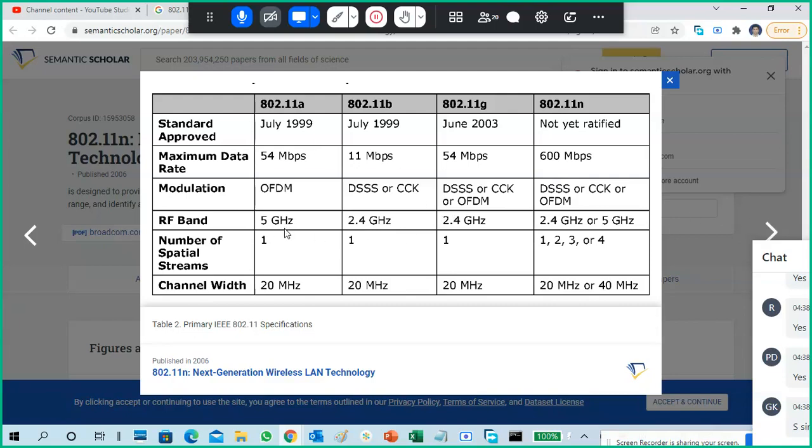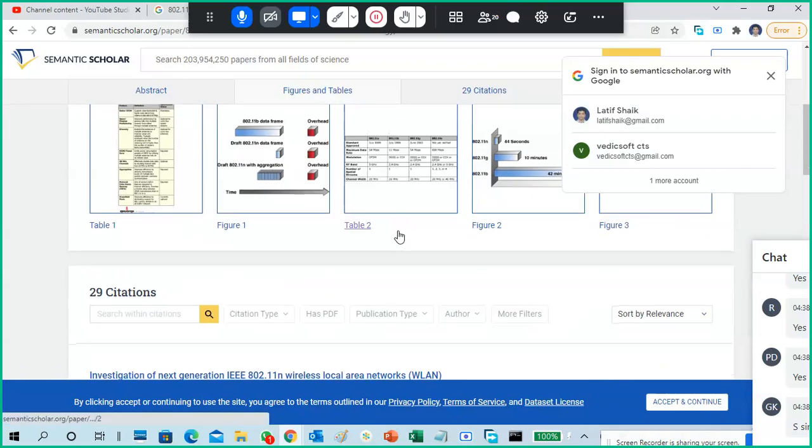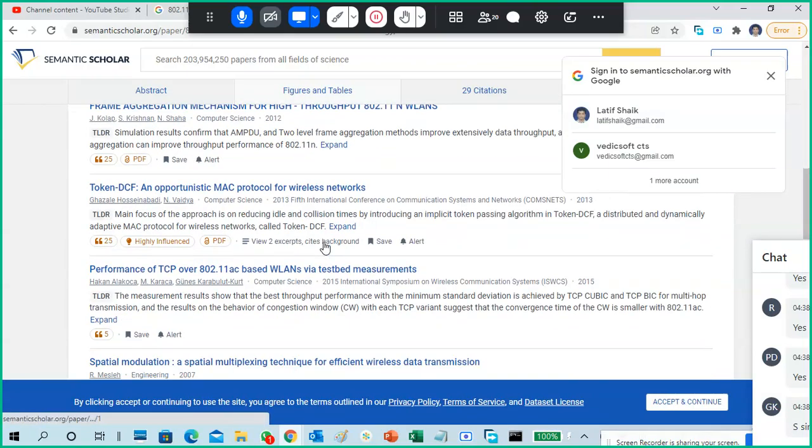The RF band for A is 5 GHz, B is 2.4 GHz, and N is 2.4 GHz and 5 GHz. So you must take anything with N only. It is a 2006 standard, which is quite old, but better to go with a new one. Always check with any new kind of product.